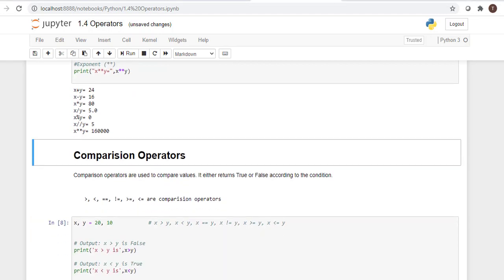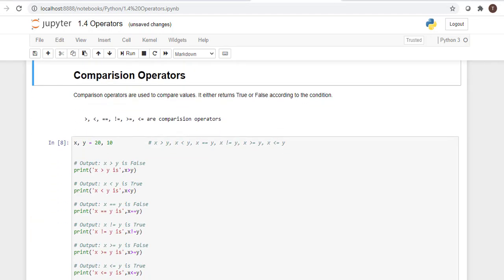Next are comparison operators. Comparison operators are used to compare values. They return either true or false according to the conditions.